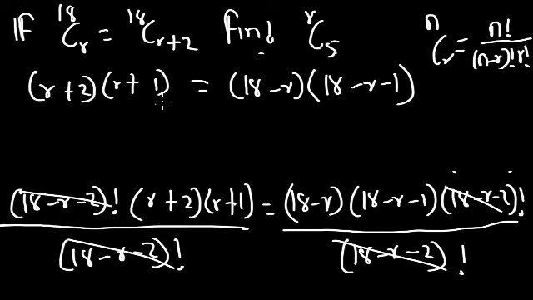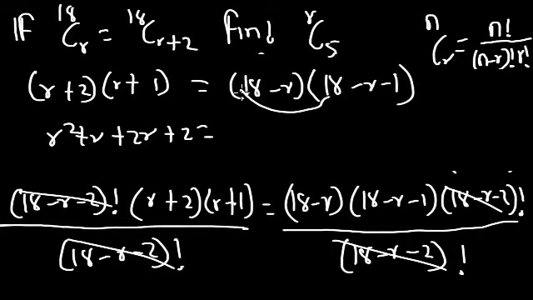So now let's expand. Expanding the left hand side will be just redistributing each time. So r times r, that's r squared. Then r times 1, that's r. 2 times r, that's 2r. And positive 2 times 1, that's positive 2. That's going to be equal to 18 times 18. I will be needing my calculator for this. That's actually